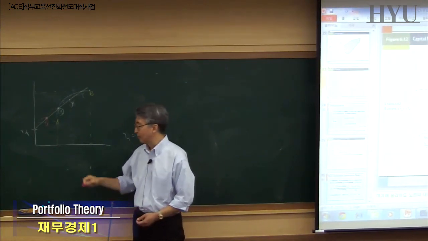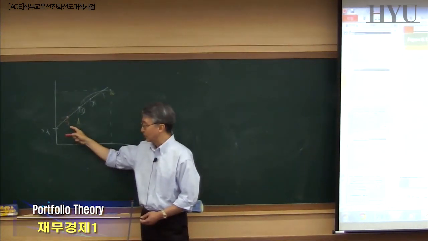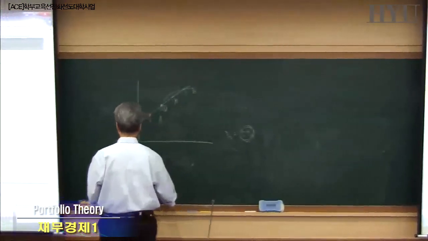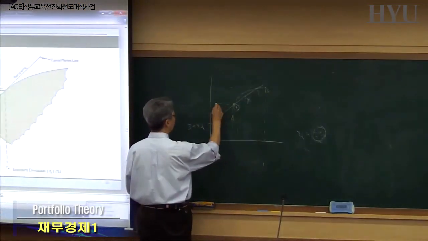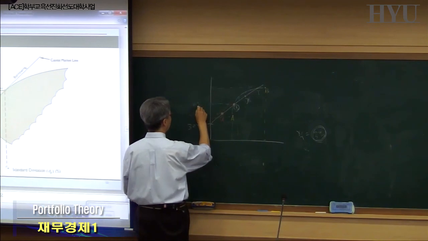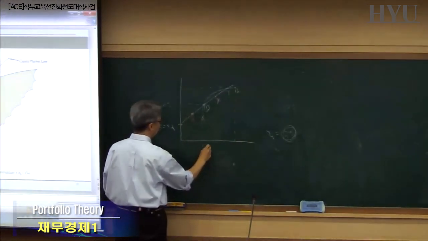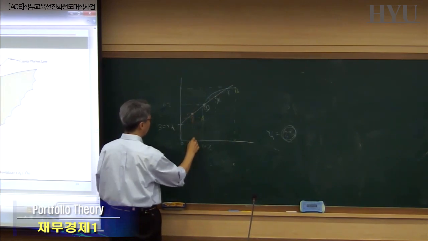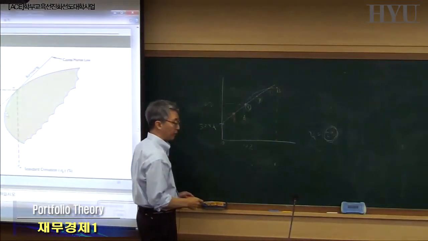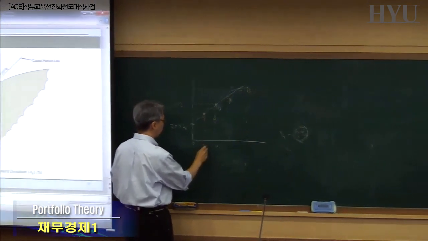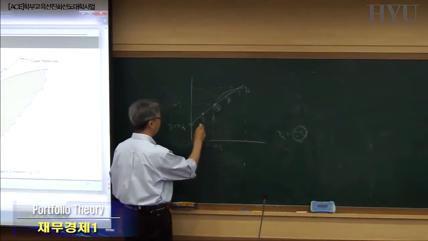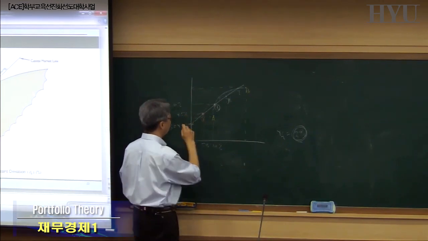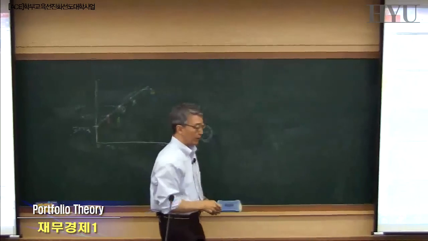How is it possible? Is it possible that you invest? In other words, let's say this was 3%, this was 6%, okay? And this was 10%, and this was, of course, 0, right? So can you find the combination of securities that will give you 5% risk and 4.5% return? How can you achieve that?